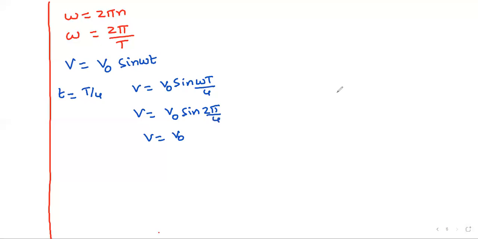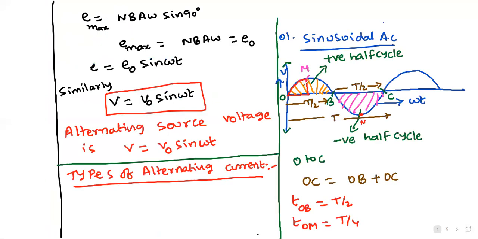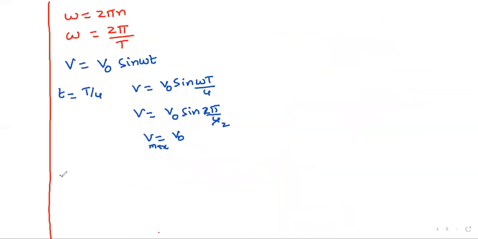Sine pi by 2 is sine 90. What is the value? 1. So V is V max at T by 4, it is the maximum value. Now when t equals T by 2,